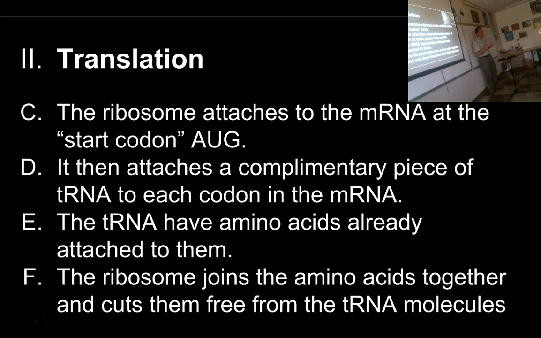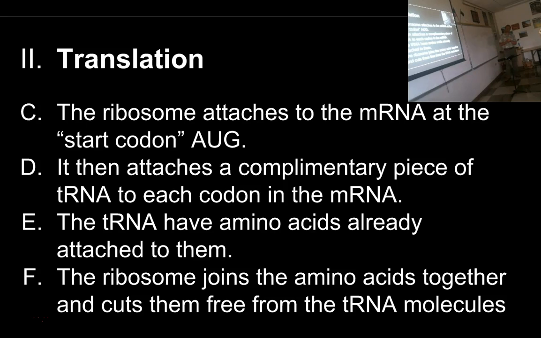Transfer RNA transfers. It brings things. It brings amino acids to the ribosome. And every 3 letters of the message has a complementary 3 letters of a tRNA. And so they pair up, and they fit together, and they bond. Okay, and then on the back of that tRNA molecule is an amino acid. And so the amino acids are put in the right order because the tRNA sit on the messenger RNA in the right order. And now what the ribosome has to do is attach the amino acids together and release them